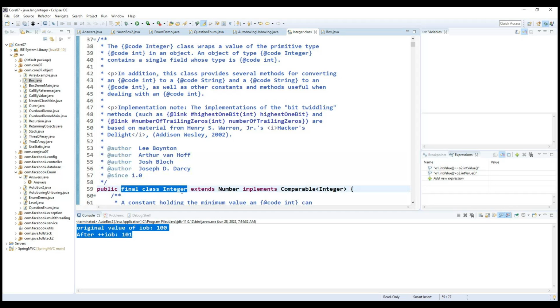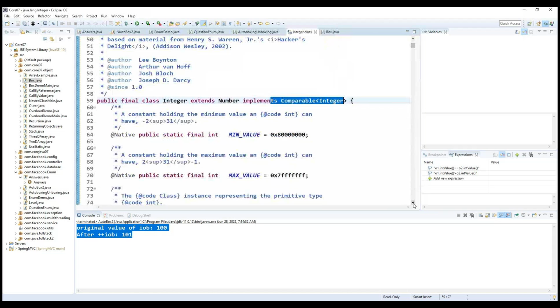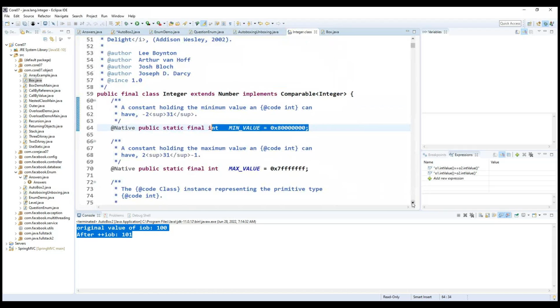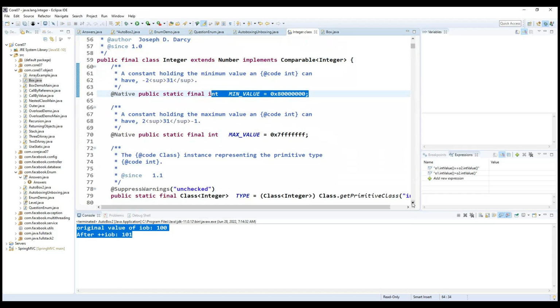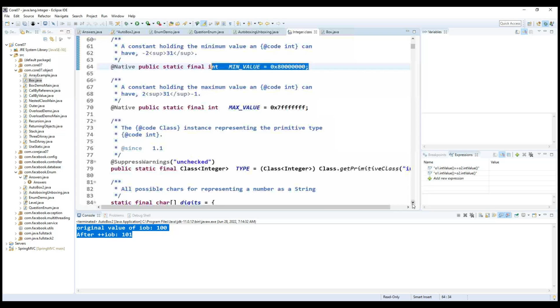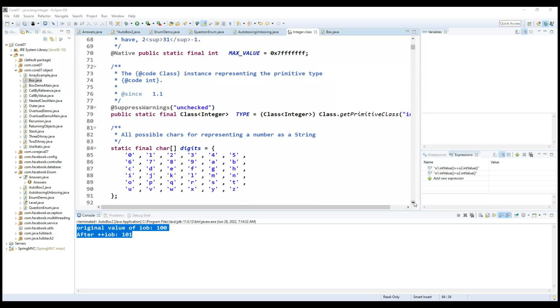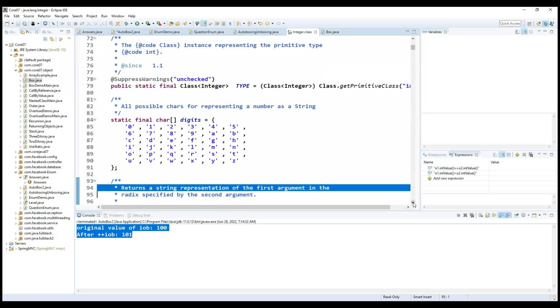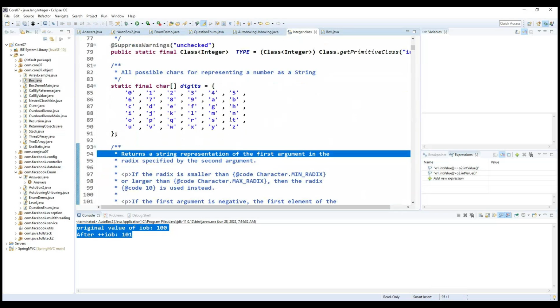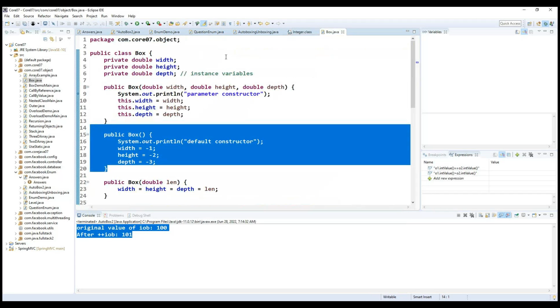This particular class is not going to extend any other classes. Now you can see it is extending from Number, and it is implementing Comparable. Along with this, we have some information like a maximum value, and the maximum in bytecode format here. Now you can see these are all the digits we have inside this. The purpose of this Integer class is to do the different operations, like we did with this Box here. We create the same object and call the specific method to perform the operations. But why are we calling them wrapper classes? If we observe,